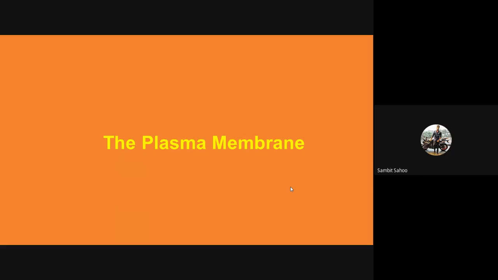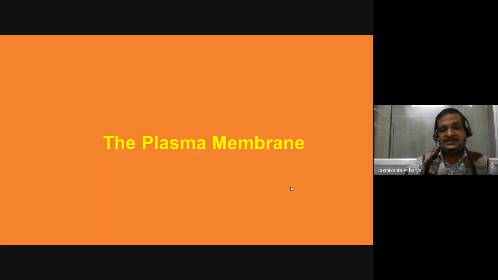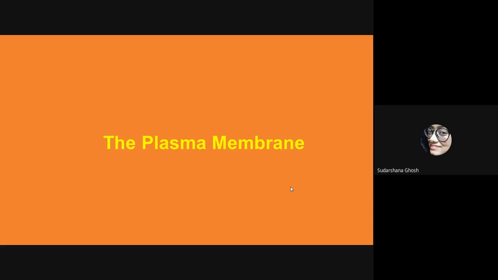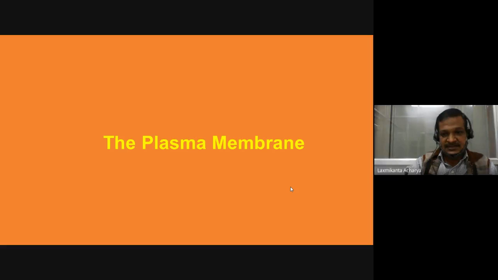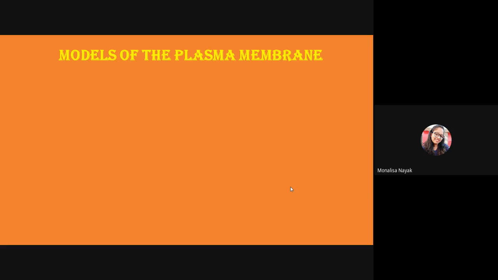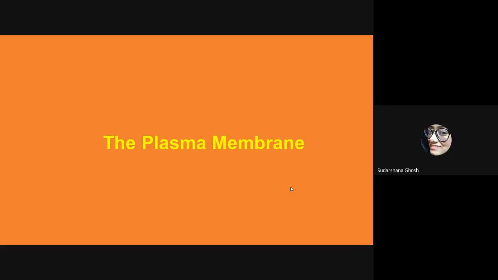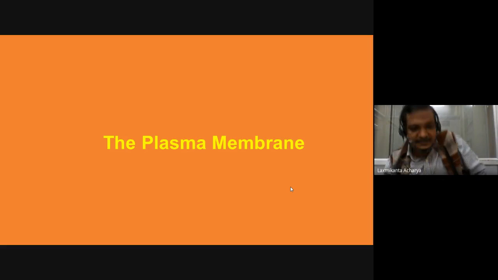Transportation is not occurring. For transportation. Okay, one is transportation. Then the other thing: it is a selectively permeable membrane, selective permeability. Okay. Then it acts as a physical barrier and maintains the shape. Okay. Then